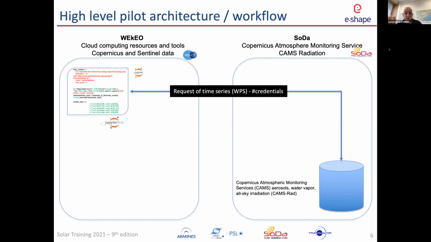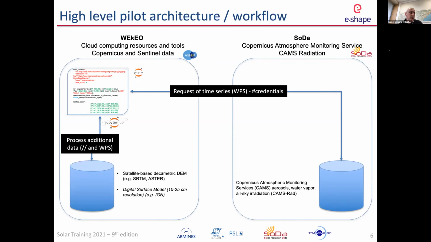which is already a tool on the shelf, deployed by the SoDa team to access CAMS radiation. So from CAMS radiation, we will retrieve all-sky radiation from the CAMS database, but also aerosol and water vapor components. This will be brought back to the notebook, which will in parallel perform some additional processing, requesting additional data. Those data are the satellite-based digital elevation model SRTM, which provides the horizon on the long term, and on a short distance,